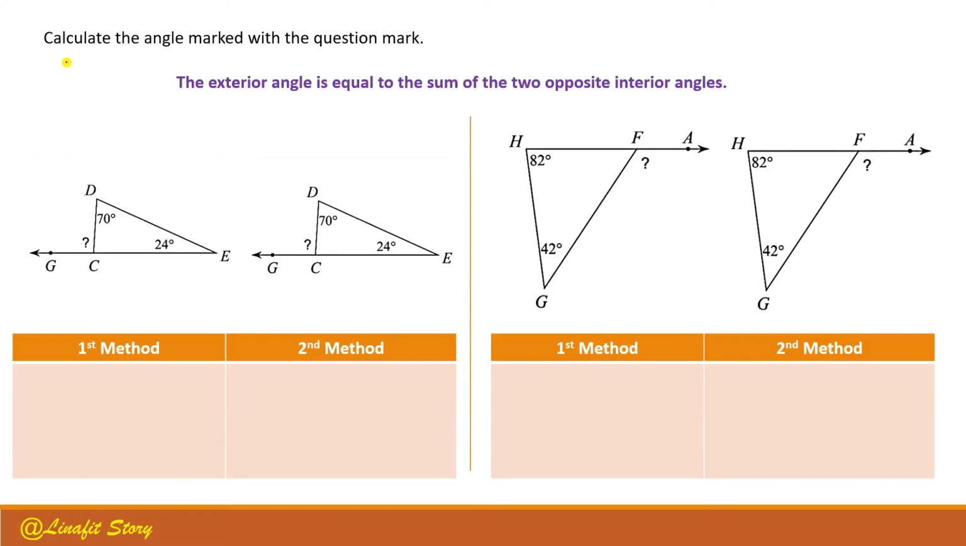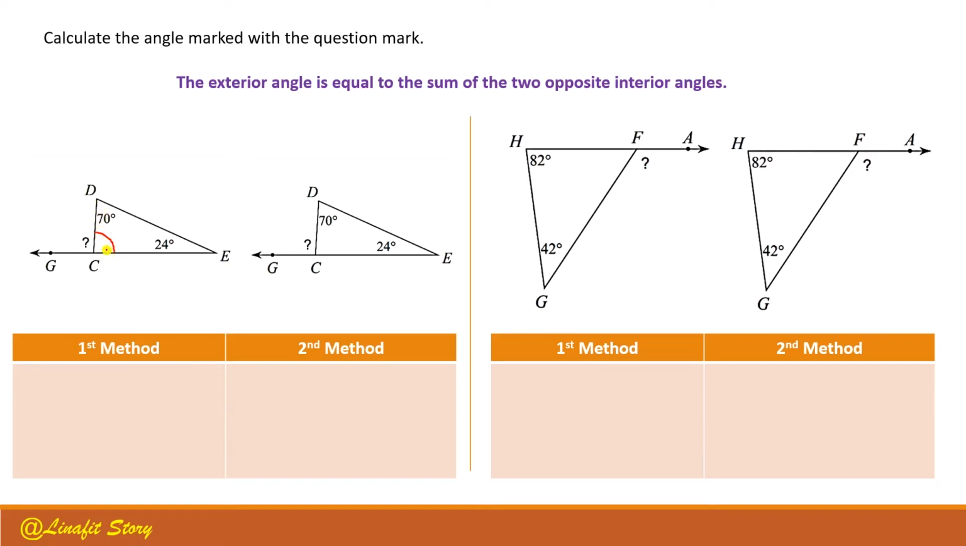Calculate the angle marked with the question mark. Always remember that the exterior angle is equal to the sum of the two opposite interior angles. So over here, there are two methods to solve this question. So the first method is over here. This is